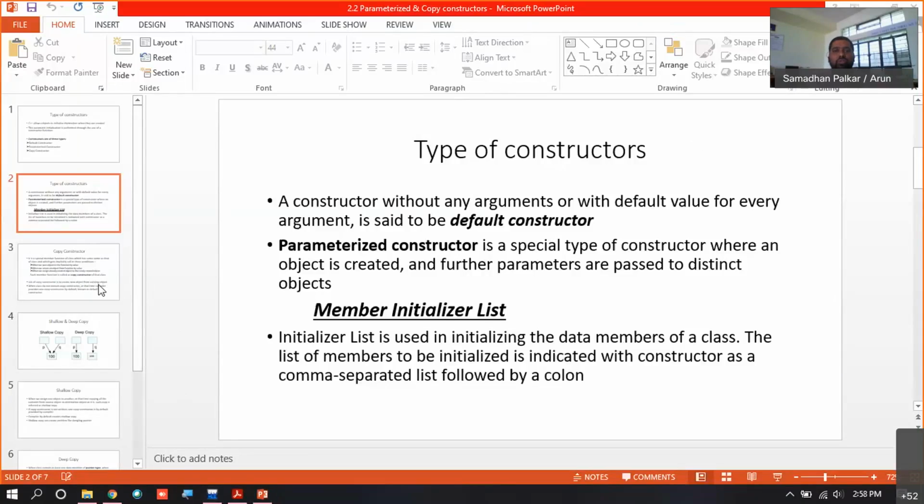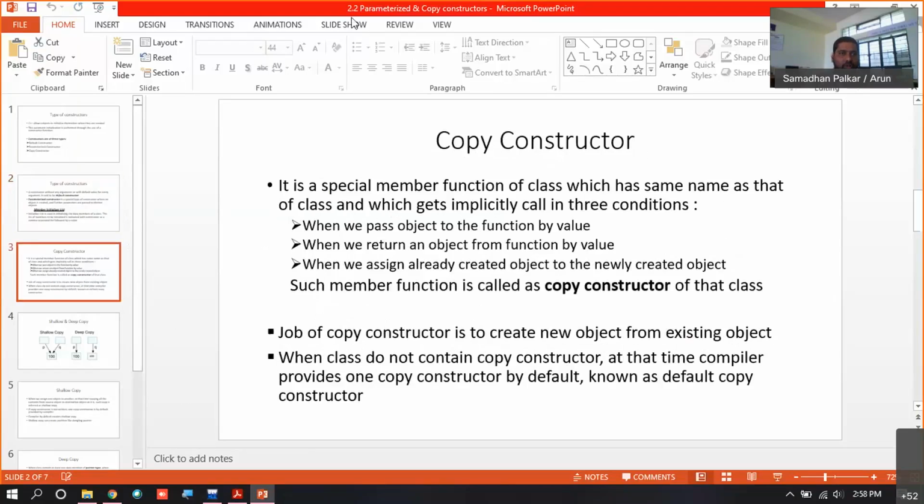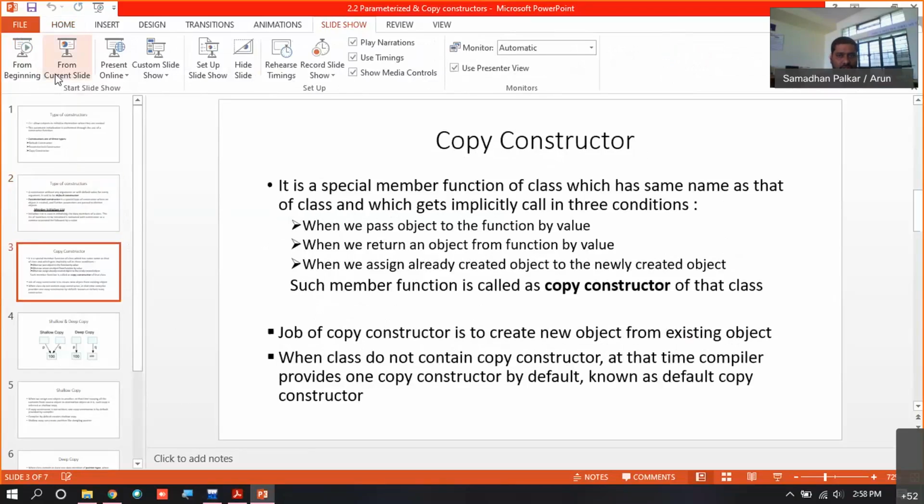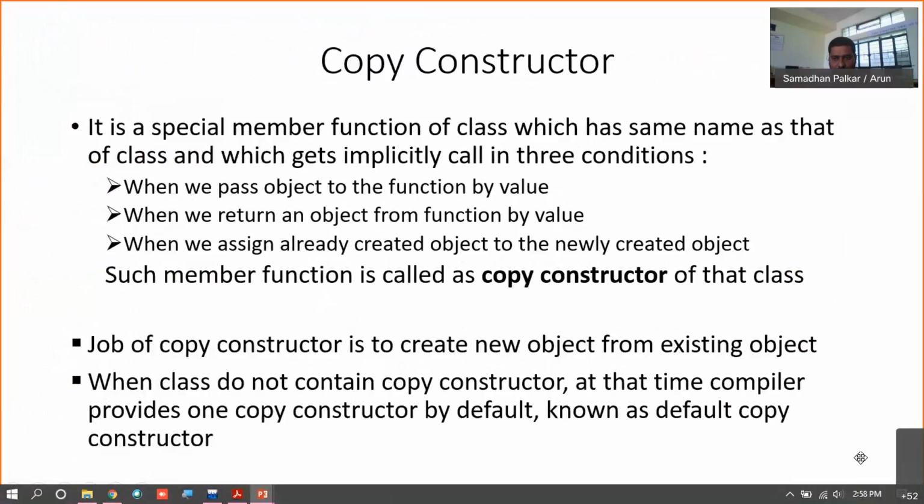Okay. Now, I think we covered the default constructor and then the parameterized constructor. We also initialize members by using the member initializer list in those two styles. Now, the third type is the copy constructor, which is an important concept. Now, what is a copy constructor? Again, it is a type of constructor, obviously.